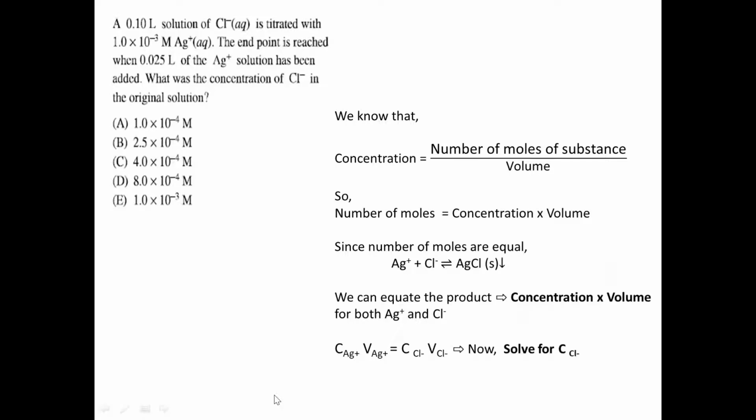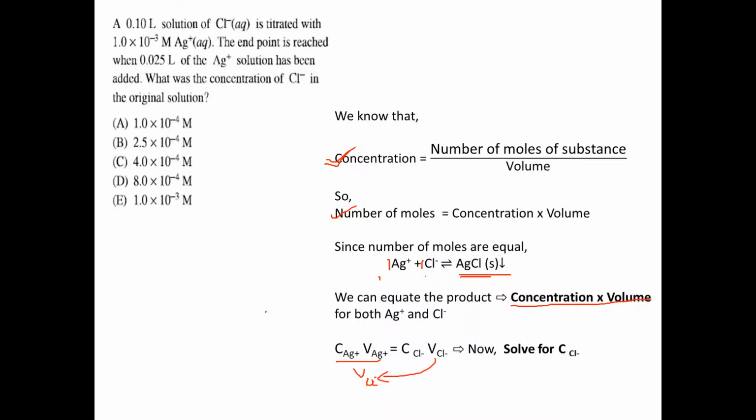Now this is a formula that you're going to use. This formula states that number of moles of the substance upon volume of the substance gives us the concentration, right? Now if I rearrange this, I get number of moles equals concentration into volume. Here 1 Ag⁺ and 1 Cl⁻ are used, meaning 1 mole of Ag⁺ reacts with 1 mole of Cl⁻ to form AgCl. So I can equate the two, that is, the product of concentration into volume can be equated. Now we can rearrange this: for Cl⁻ I can take this volume, divide this term by the volume of Cl⁻ and solve.